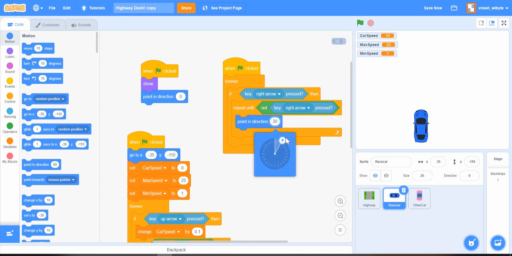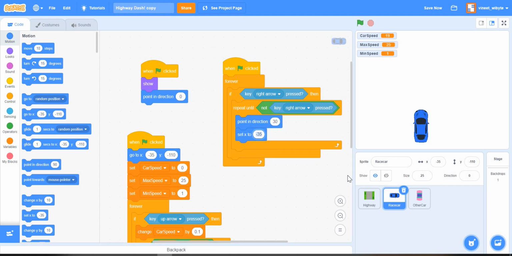So I want it to turn right, and I'm going to say, okay, look, it should turn right a little bit. Keep doing that, and I will also make it move along the x axis. So I'm going to say change x by 10. Now, whenever this loop is not in motion, I want the car to appear straight, which means I should say point in direction. I want to say this at the end of this loop, which means outside this if statement. Notice this is outside the if statement. I want this car to point in direction 0.